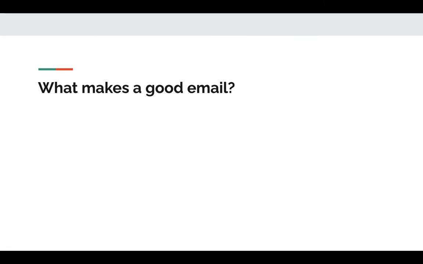So what makes a good email? Well, it's like any other form of communication. It really depends on the context. So if you're sending an email to Dr. Gilbreth, it should sound very different than the email that you would send to your best friend, than an email that you would send to your aunt or uncle, than an email you would send to a potential employer. Those are all going to sound different. And that's where it takes your discretion to know, should I be formal, informal? You need to think about that before you send the email.